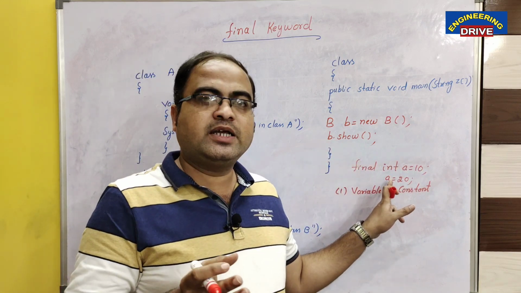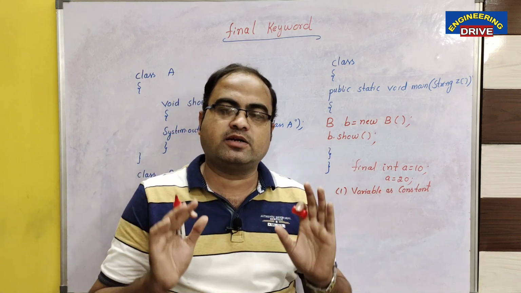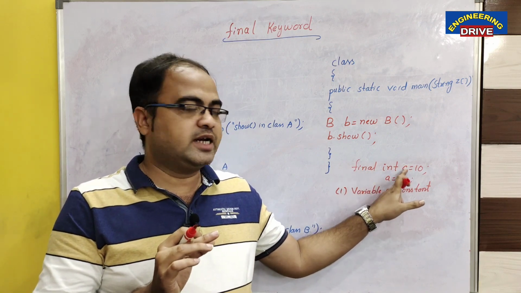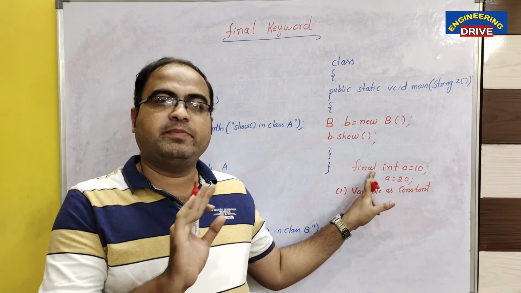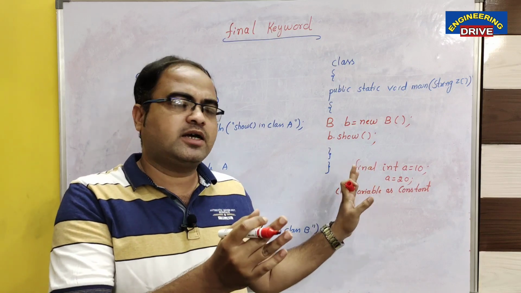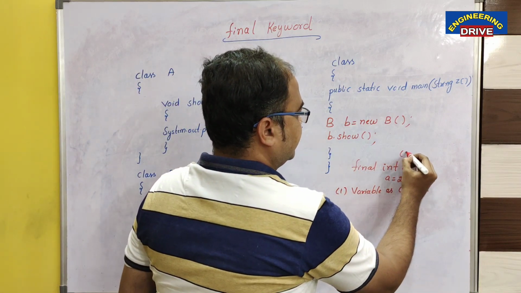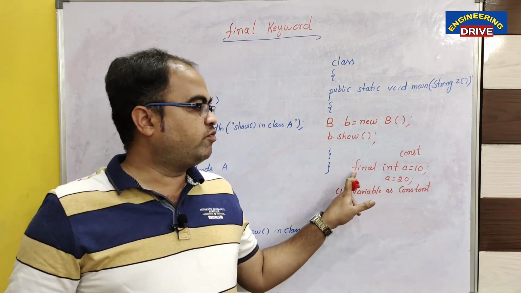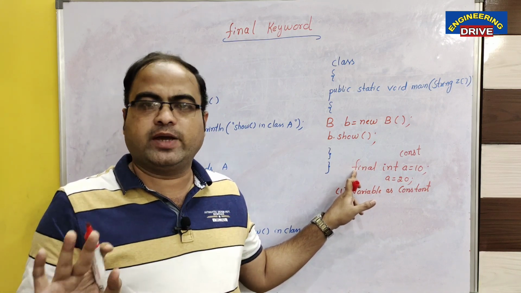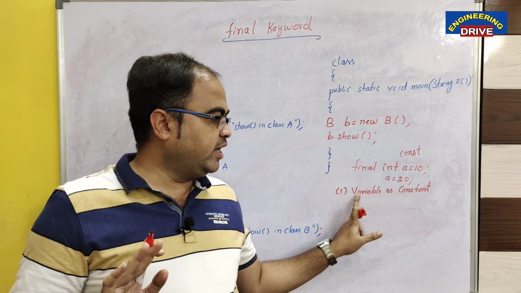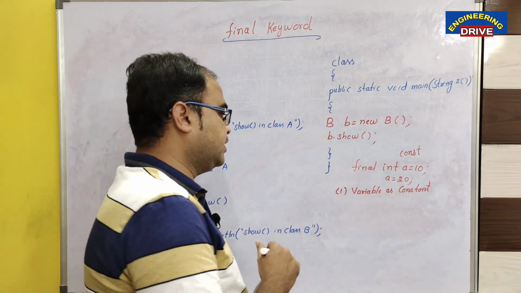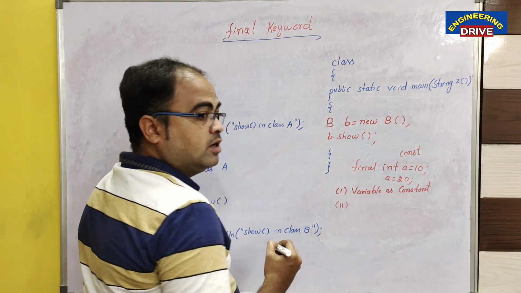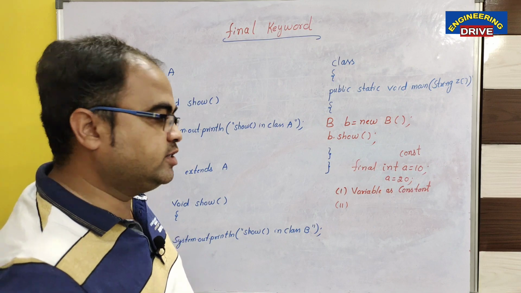Now in the next line, if anybody tries to change the value, immediately the Java program will produce an error, because once a variable is declared as final, its value should not be changed. Like in C language there is a keyword const, which makes the variable value fixed, constant. Like that, the final keyword in Java works in the same way. That is the first use, to make the variable constant. This is the normal use. But the new use of this final keyword in Java is in inheritance. Where this one is used, let us see.